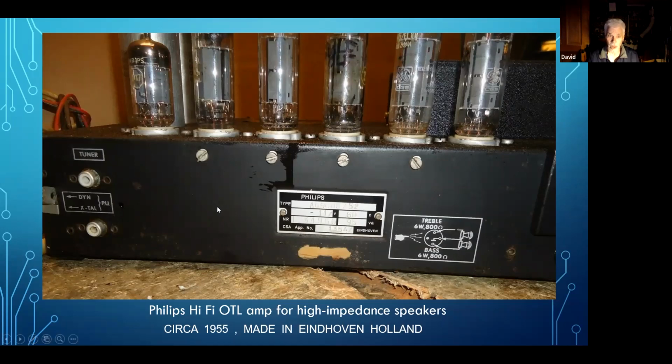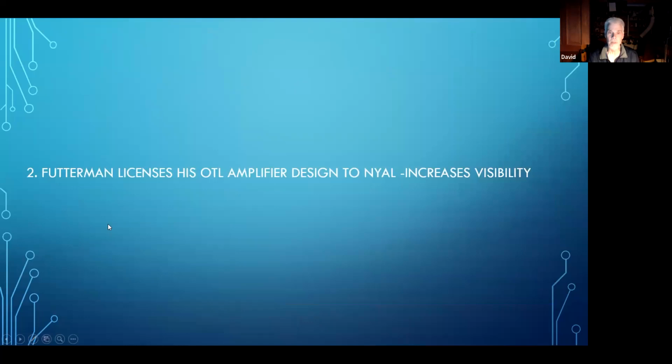But Philips also made quite a few consumer items like radios and even television sets with output transformerless tube amplifiers in them. But I just wanted to mention this. I'm not going to go into any more detail about it. But let's move on to the